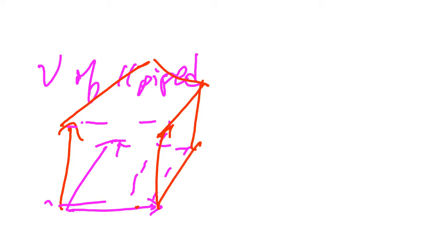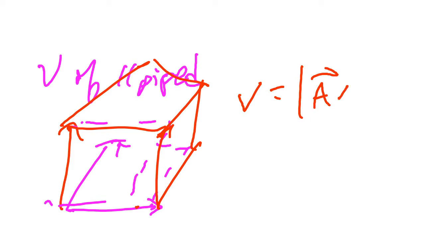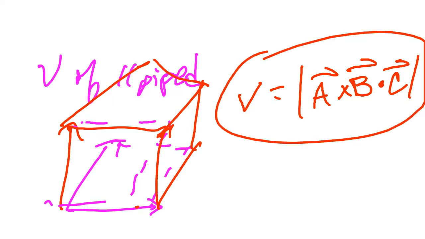How's that? That looks a little better, doesn't it? All right. Anyway, the volume is going to equal the absolute value of A vector cross B vector and then dot C vector. So pretty simple formula. And so we'll look through that in a little more detail next time, but at least you're going to be able to use it to come up